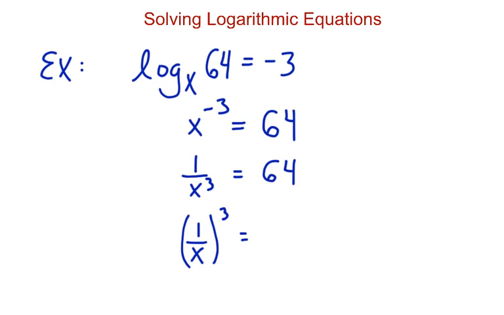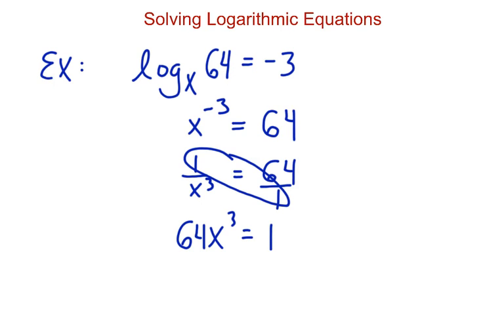Oh, actually, you guys liked another thing, I think. Sorry, I'm trying to do this in a way that you all will like. So I think you guys probably were going to say, put this as over 1, and then cross multiply to give 64x cubed is equal to 1. That's again just after cross multiplying. And I'll go ahead and divide both sides by 64. And then at this point we have x cubed